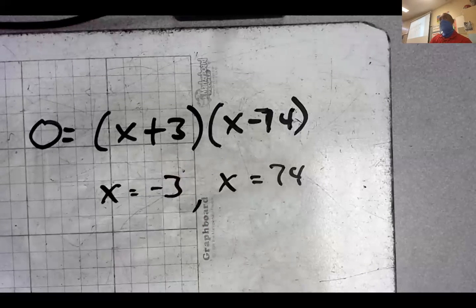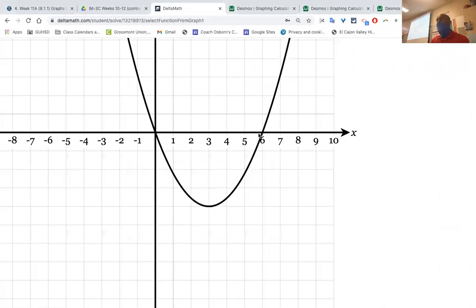Okay. So if it's crossing at 6, what am I going to see now? What do you think? X minus 6. So you're going to see the opposite in the equation. Now, what about 0? But what will you see in the equation? You will see